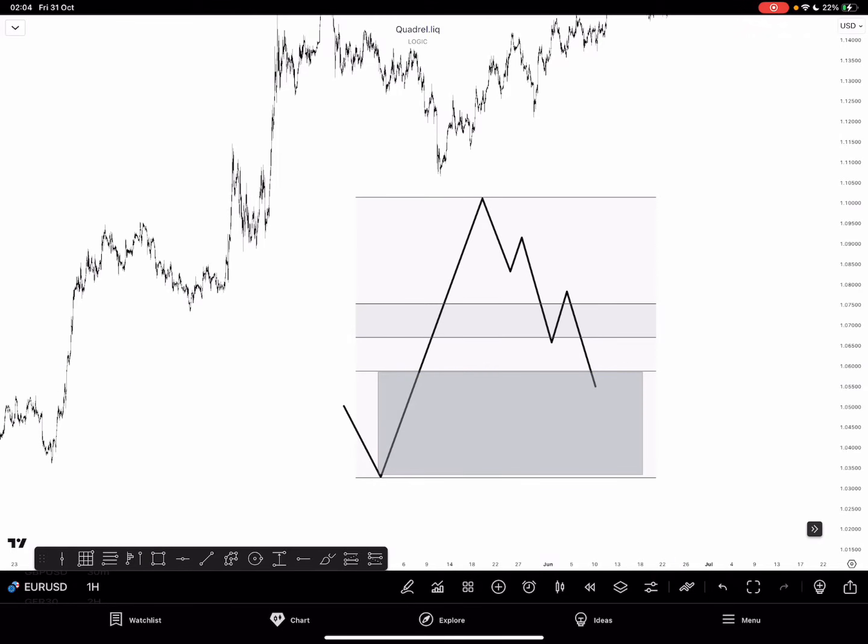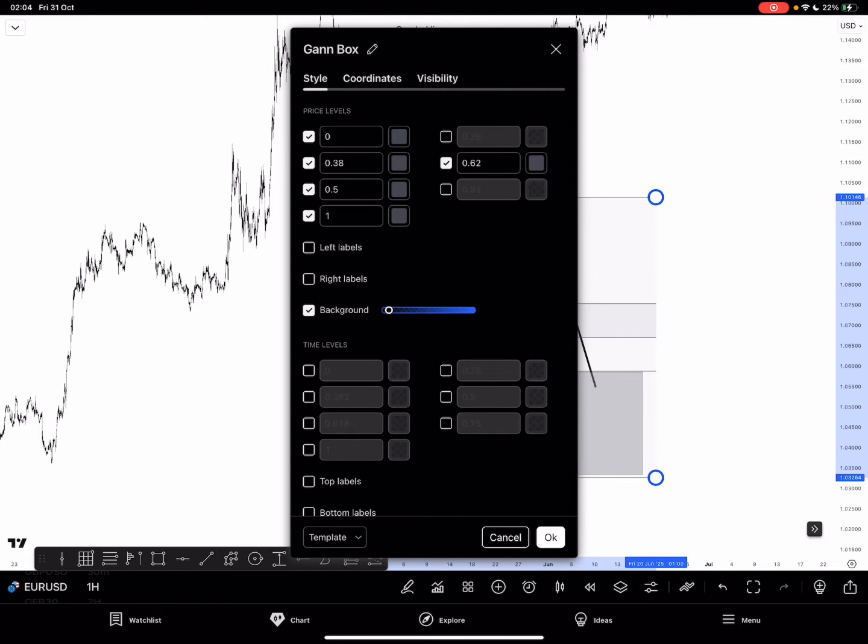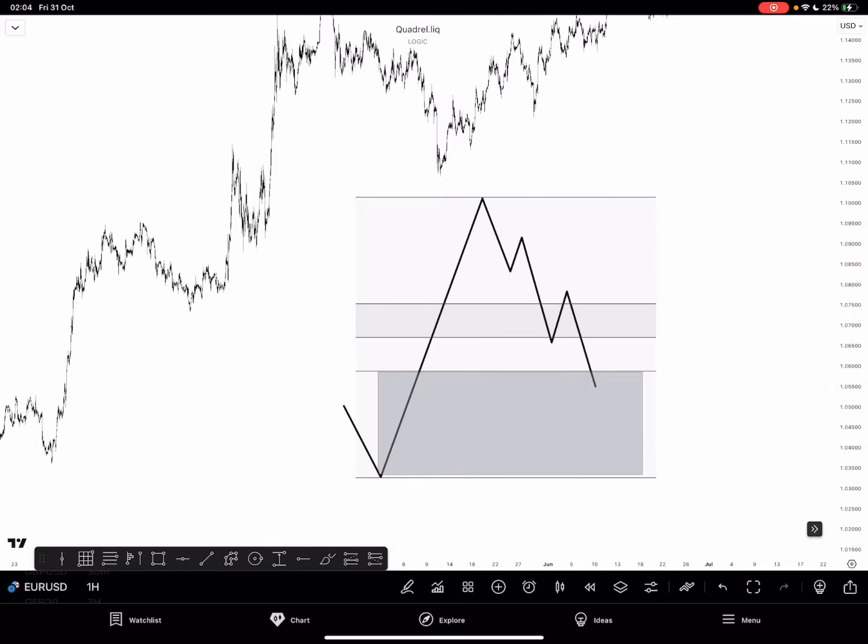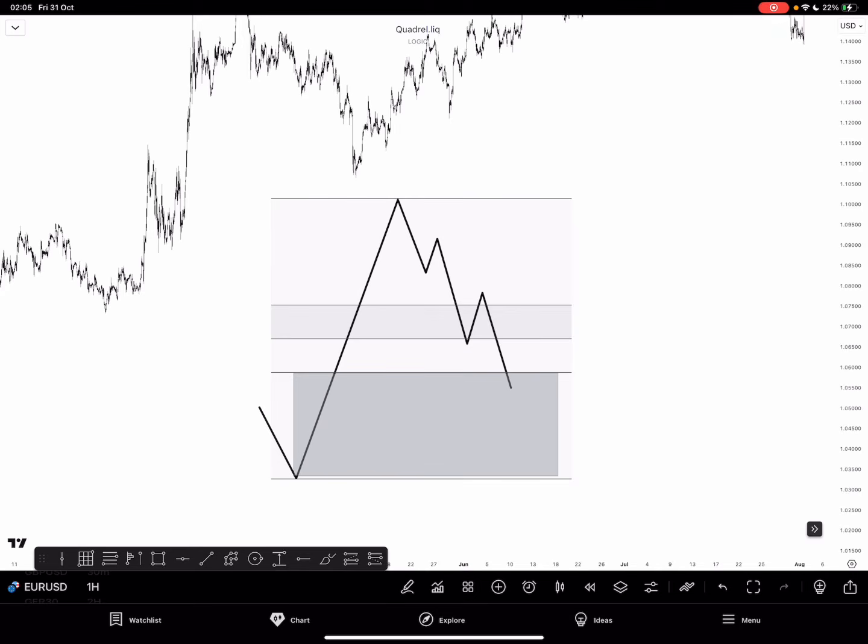So now we want to take advantage of this idea. If you don't have this Fib box setting, you can put it on. We have 0, 0.38, 0.5, 0.62 and 1. So basically what we want to do is that once price retraces into discounts and price lands into this 0.62, you just want to wait for a simple